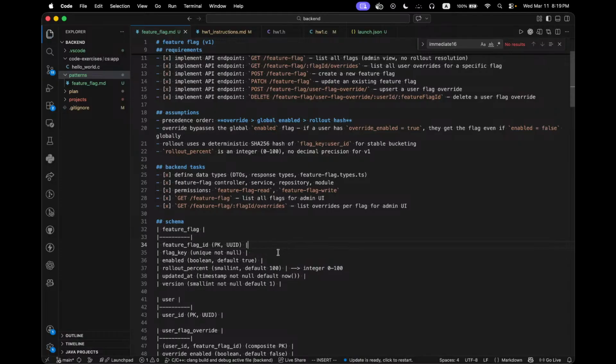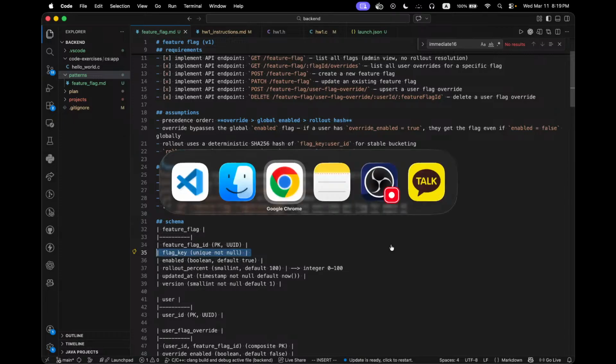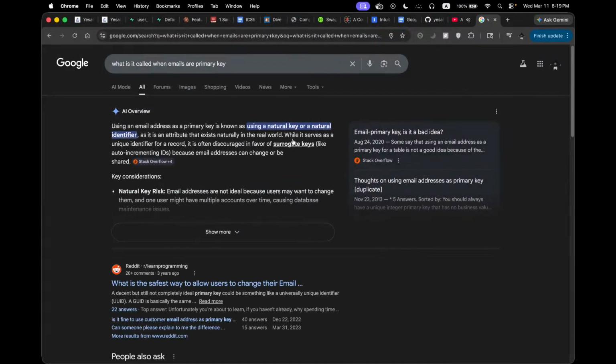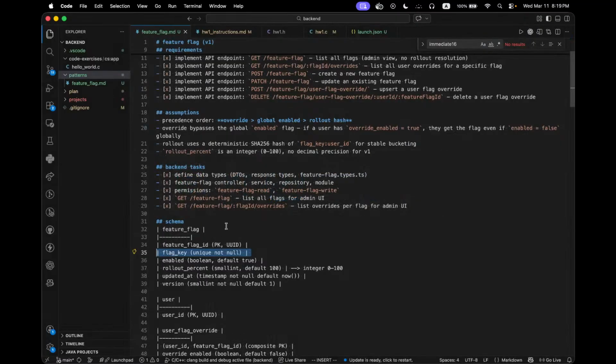Feature ID uniquely defines the feature. The reason why I did it, we don't really need a UUID, to be honest. We can just have a feature flag key as a, what's it called when the emails are like primary key? What is it called when emails are primary key? Natural key, right? It could be a natural key, but the reason I don't use it is because, you know,